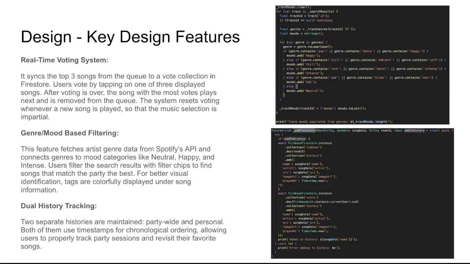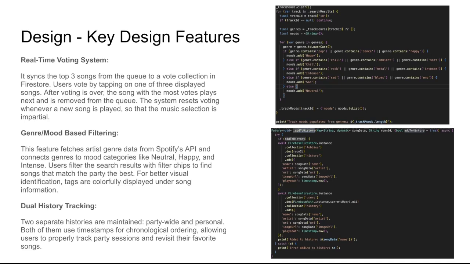Second, the mood and genre based filtering system. This feature helps groups find songs that match their party's atmosphere. The challenge here was that Spotify's track search API doesn't directly return mood information with every song, so to solve this, I made additional API calls to fetch genre data from each artist's profile, and then I mapped those